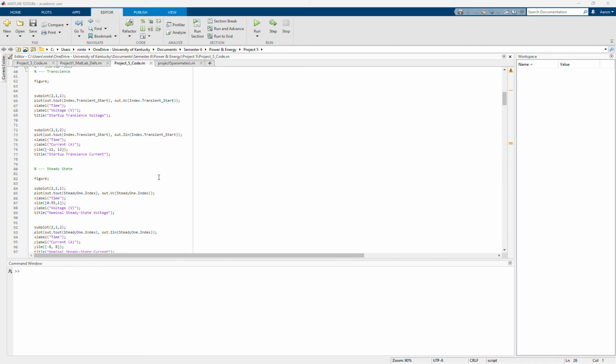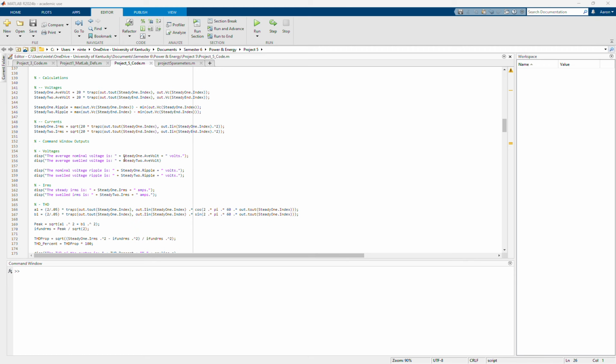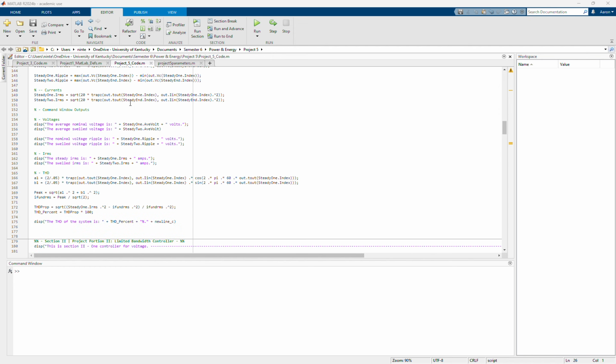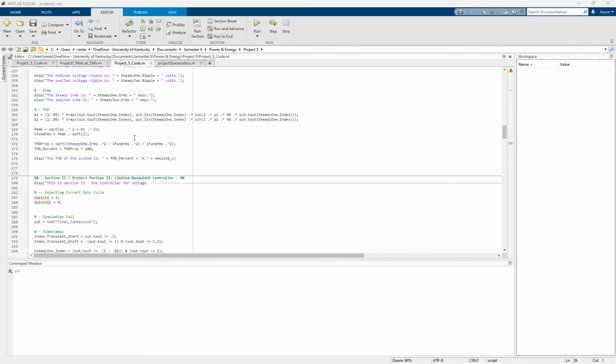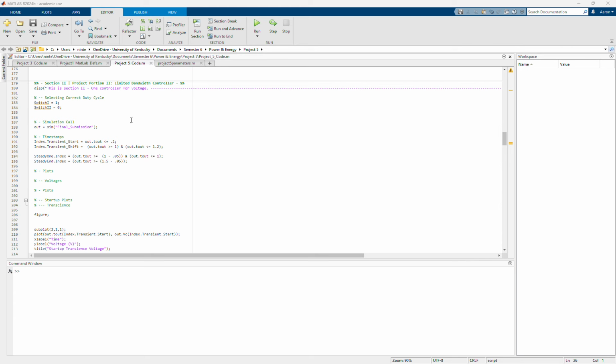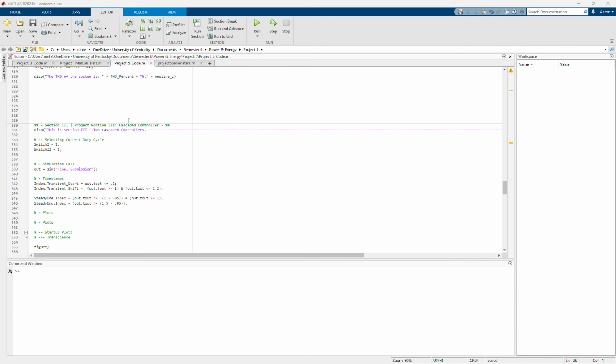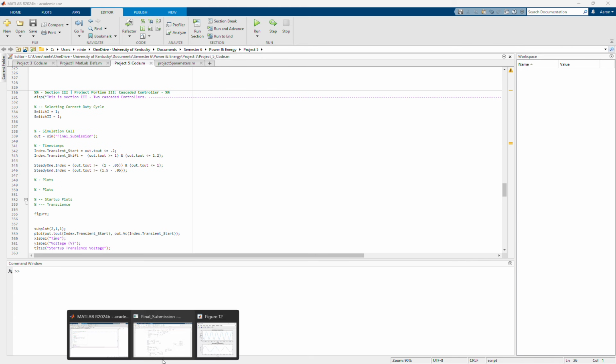Next, I plotted all of them, and then I made calculations based on those plots, such as the IRMS, the ripple, the average voltage. I displayed all of those, and then did the same thing for the IRMS, and then down here the THD calculations. It's the same for section 2 and section 3. Really what changes is the duty cycle, but I don't have that code in MATLAB. So moving over to the Simulink,